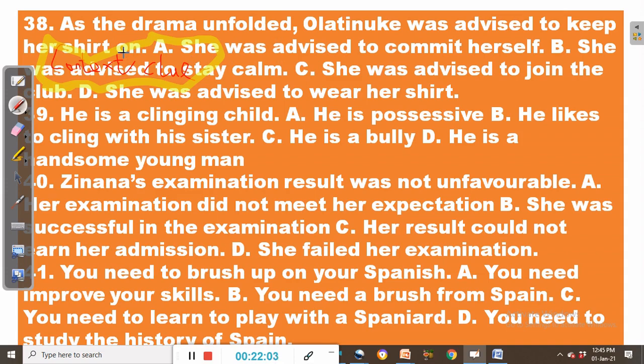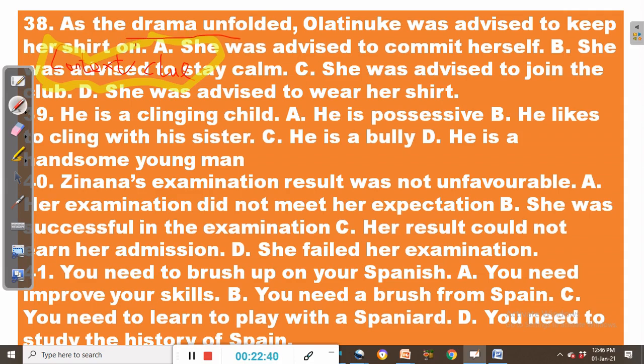In olden days, when people get angry or agitated, some people tear their shirts, just to show how angry they are. So that gives you an impression when you keep her shirt on. As the drama unfolded, Olatinuke was advised to keep her shirt on. Now we can see as the drama unfolded, we are not told the nature of the